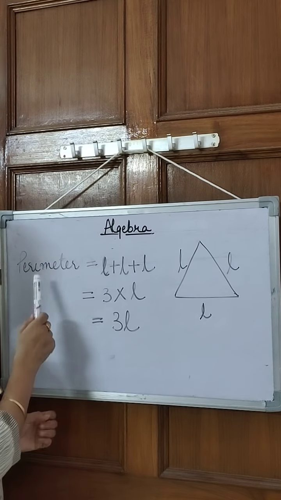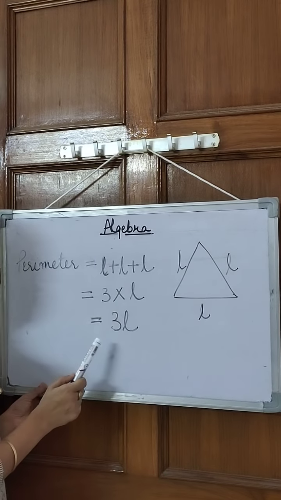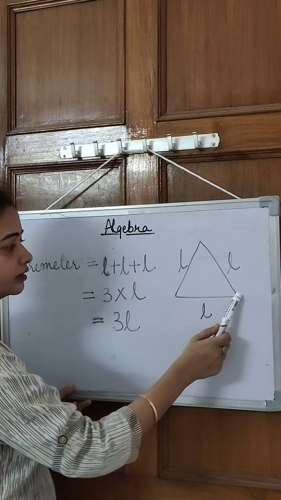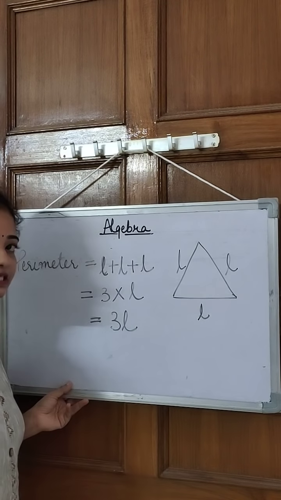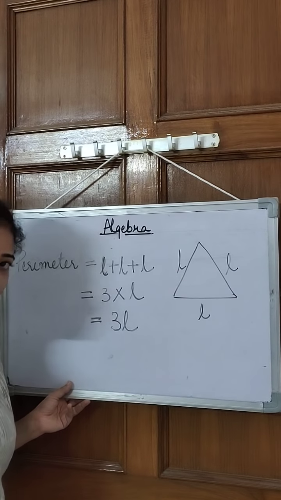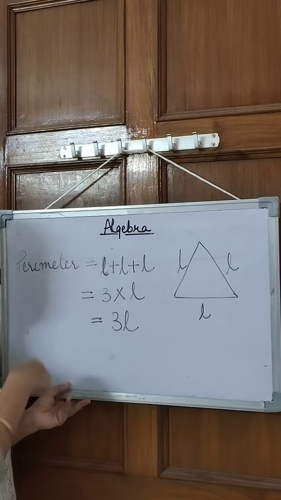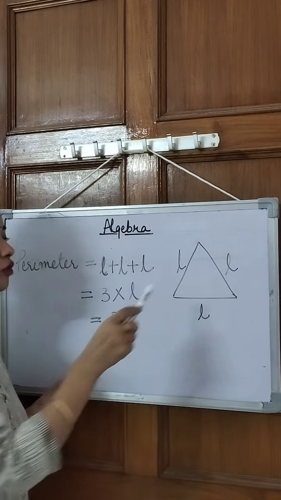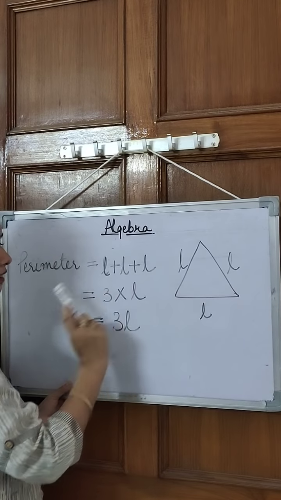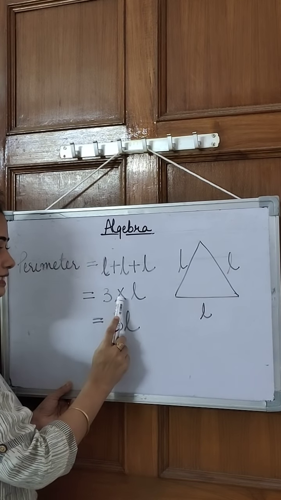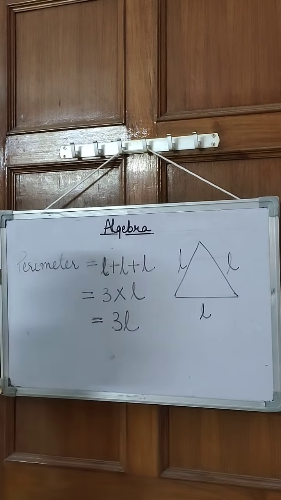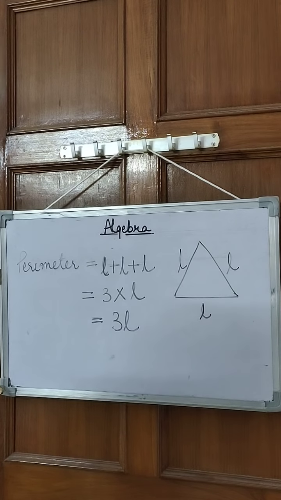Okay. So if I have to find out the perimeter of an equilateral triangle, how can we find it out? If one side they are saying is L, the remaining 2 sides should also be L, because all sides are equal in an equilateral triangle. And the perimeter is always the sum of all sides. So the sum of all sides, L, L, L, 3 times L, 3 into L. That will be 3L. Okay, now let me quickly take one more question.